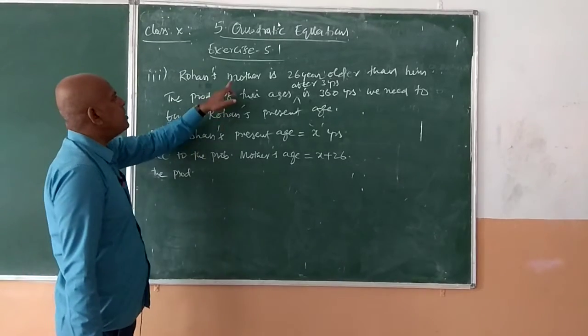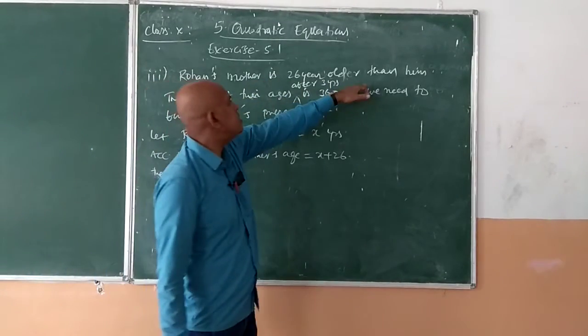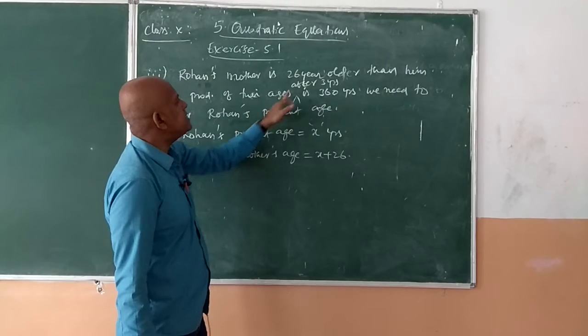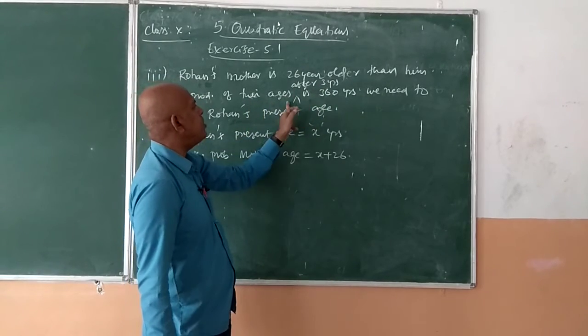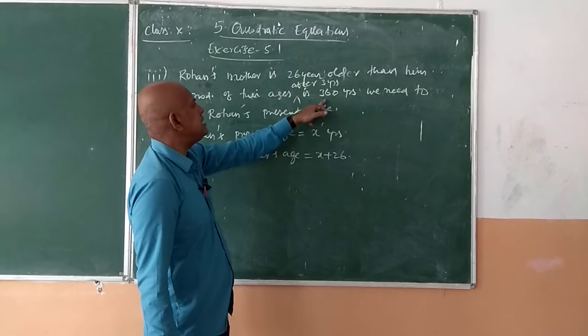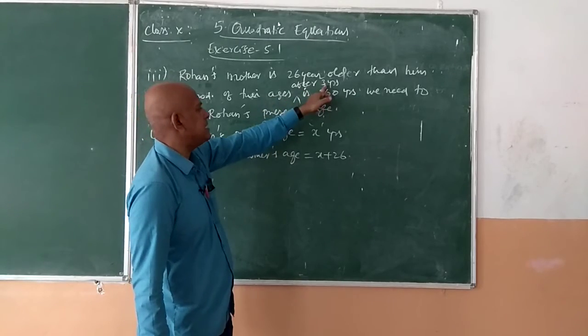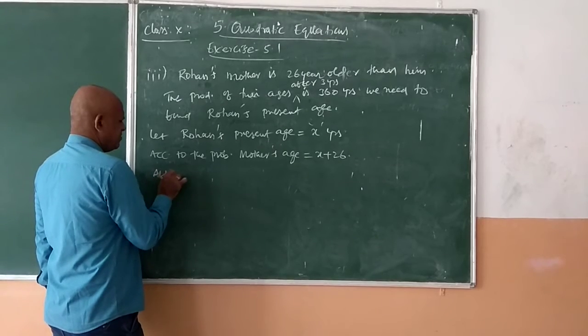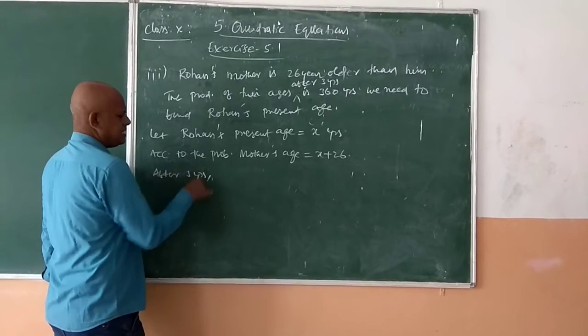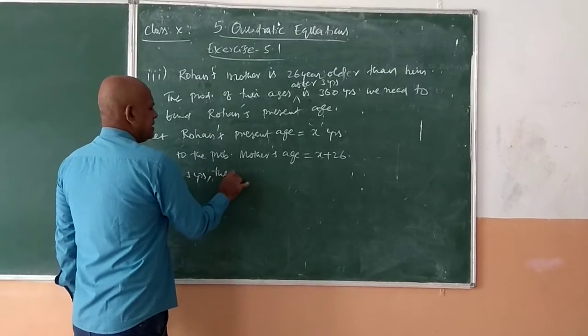Small correction here. Rohan's mother is 26 years older than him. The product of their ages after 3 years. Just before, I wrote the product of their ages is 360, but it is not that. The product of their ages after 3 years. So now after 3 years, their ages will be...